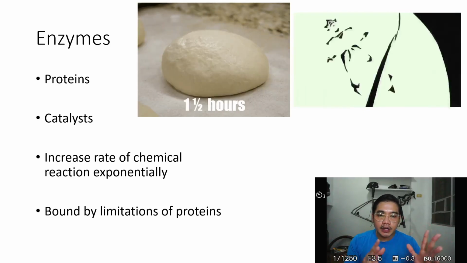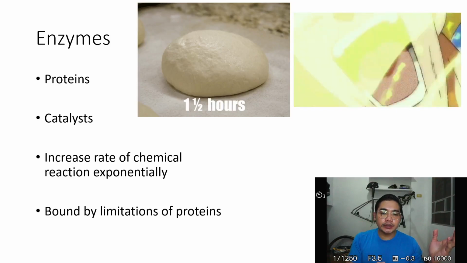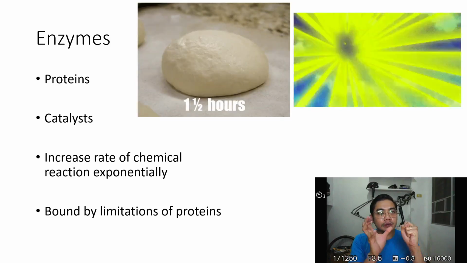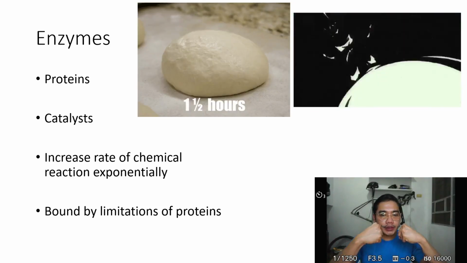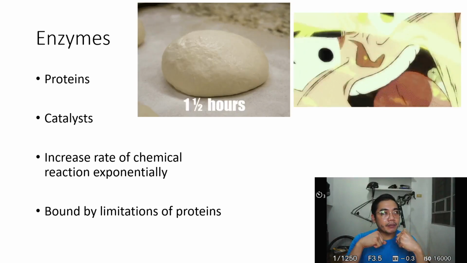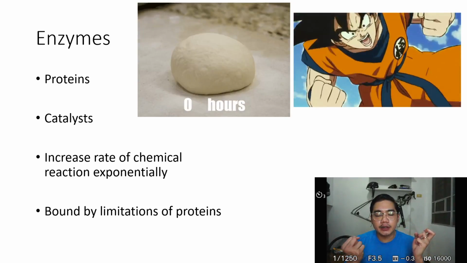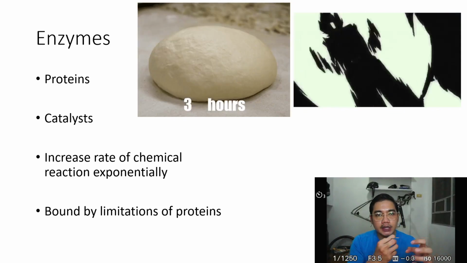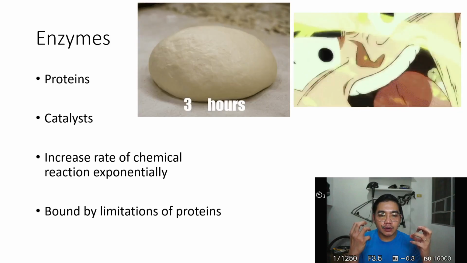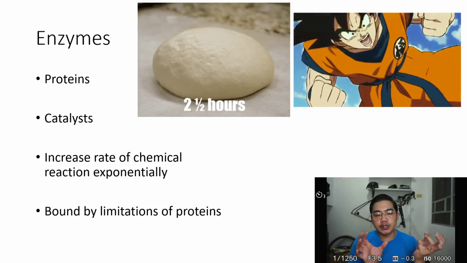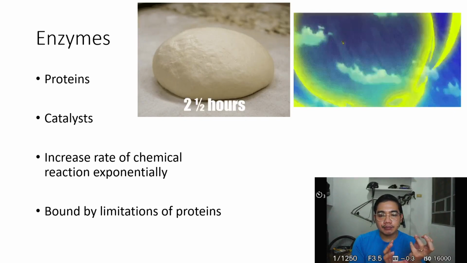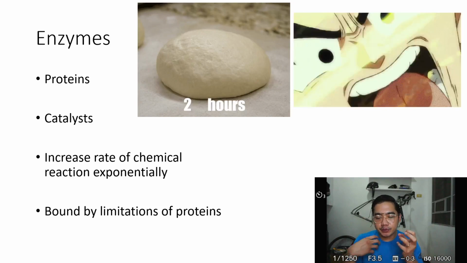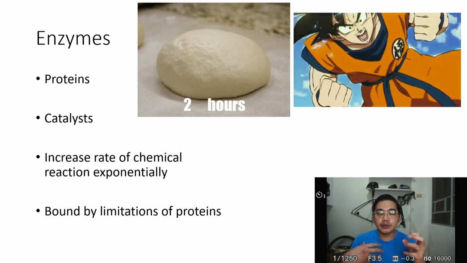Your catalysts are in the reaction with your reactants, but what they do is they bind the reactants together. Remember that your reactants are 3D. They have a 3D structure, and not all of their sides are optimal to have a chemical reaction. So your catalyst binds them in a way that both of their optimal sides face one another to produce a chemical reaction. So it is cutting that time in half,